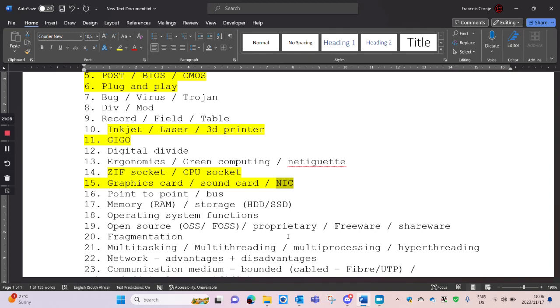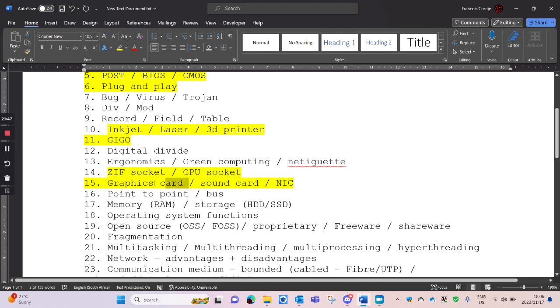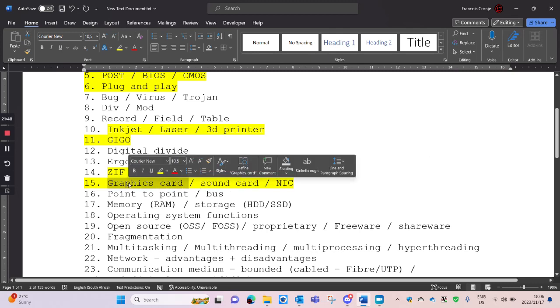NIC is for network interface card or network interface controller. That's basically the card that allows our computer or device to connect to a network. A sound card allows us to have sound or to make speakers work on our device. And a graphics card is where our screen gets plugged into.